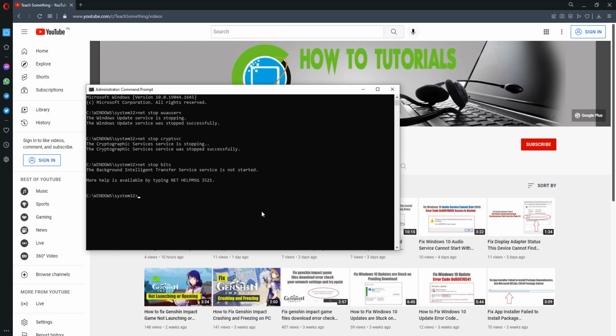After doing this, type the command ren C:\Windows\SoftwareDistribution SoftwareDistribution.old and press enter. After that, type the command ren C:\